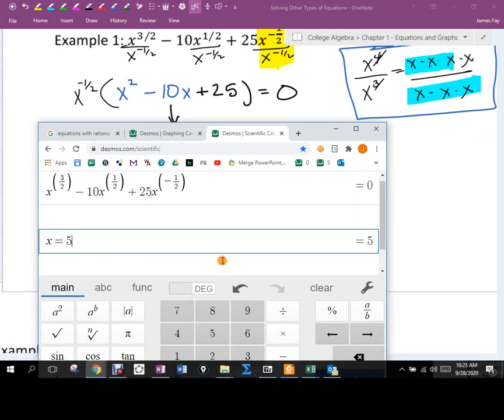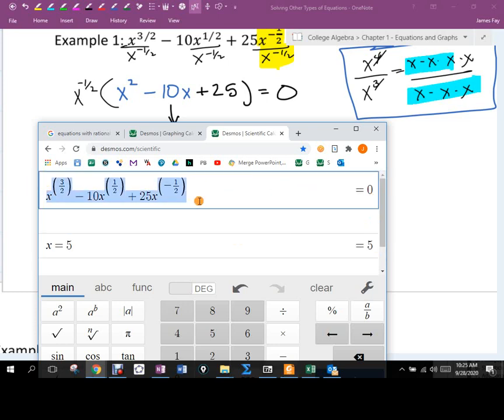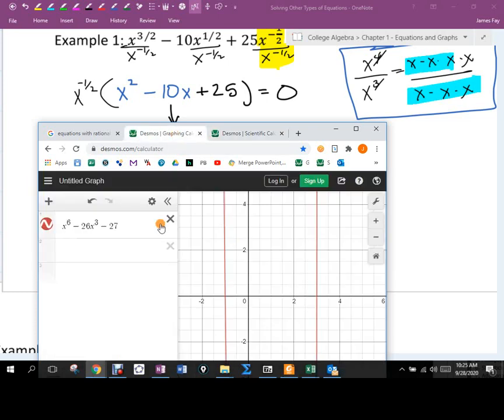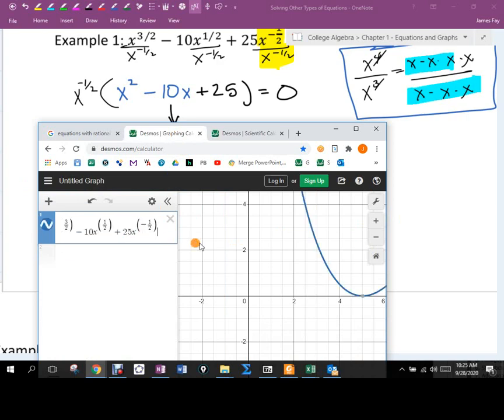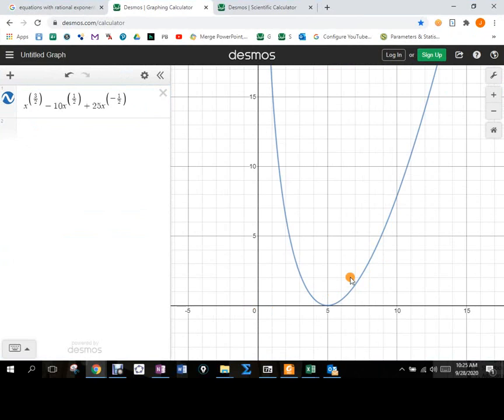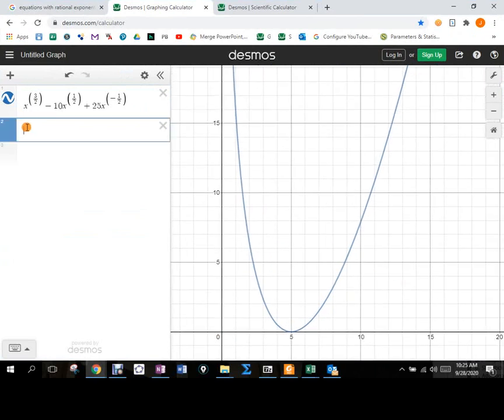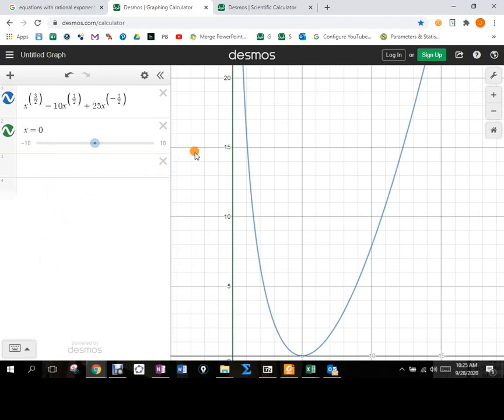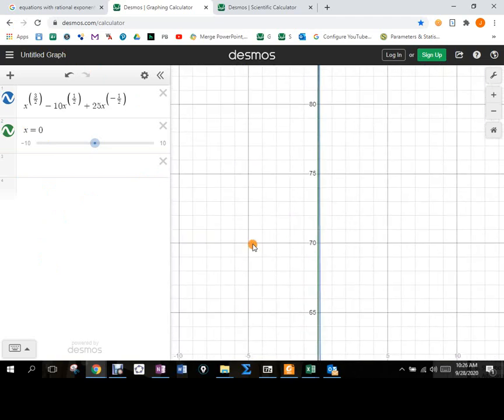Now, if I try 5, does 5 evaluate to give me 0? Okay. If we graph this thing, copy, paste, go to home. That is our graph. The reason x cannot be 0, I put that green curve in there, which is just the y-axis. Okay, and I come up here. Now, they look like they're going to cross,